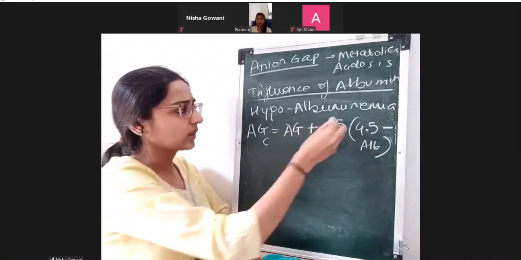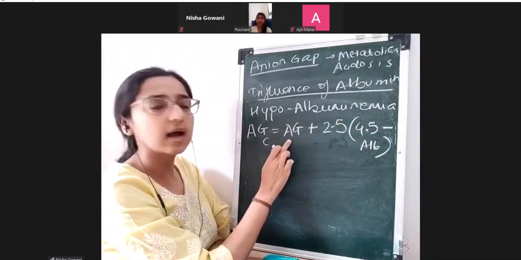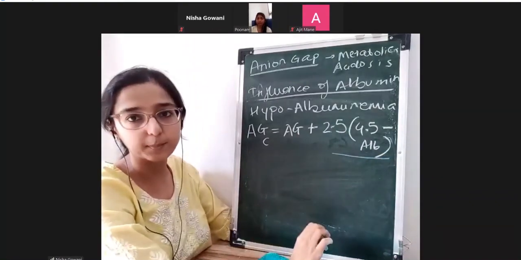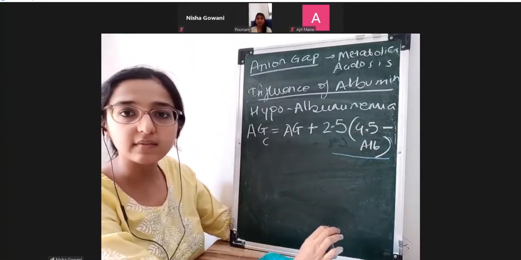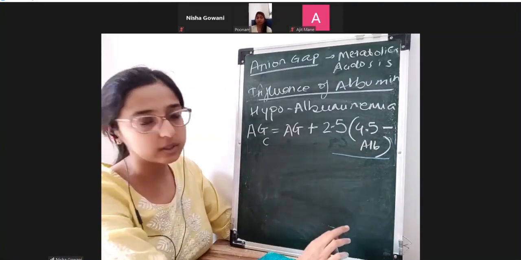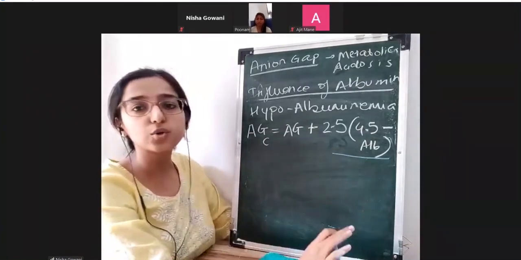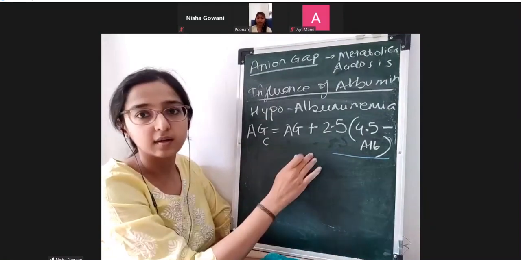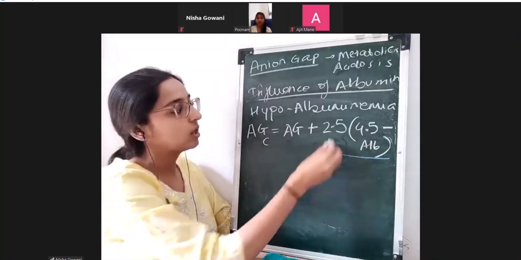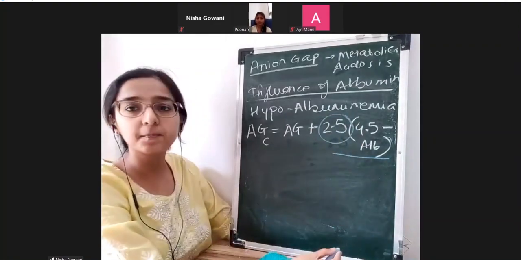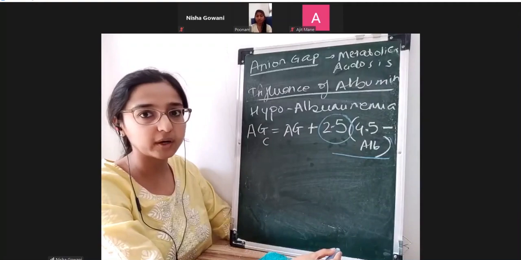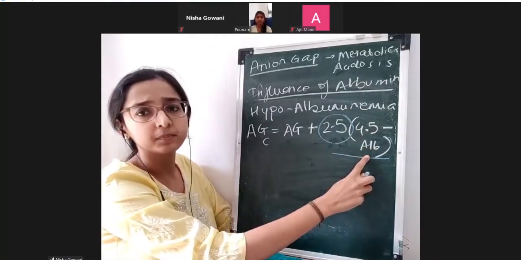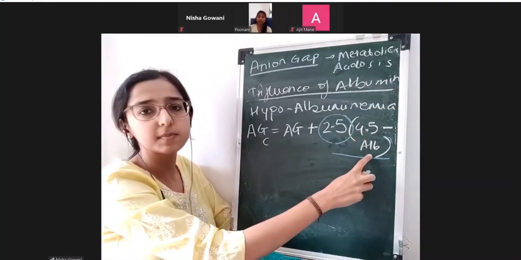Now this is the anion gap that we have measured. Then this is the correction part for hypoalbuminemia. If your protein levels are low, you have done LFT and albumin is low, suppose your albumin is 2 or something, then it is low. Then you have to understand that you have to apply this formula when you find the albumin level has fallen. So 1 gram of albumin contributes 2.5 milliequivalent, and then you see the difference of the albumin. This is the normal albumin and this is my measured albumin.